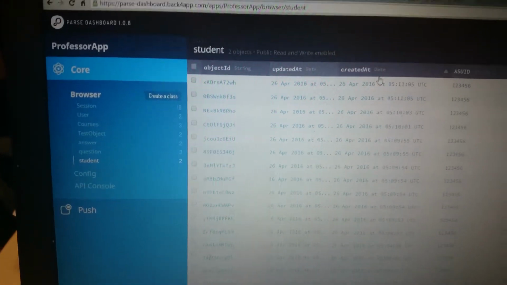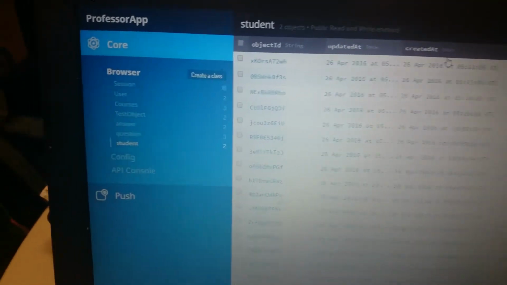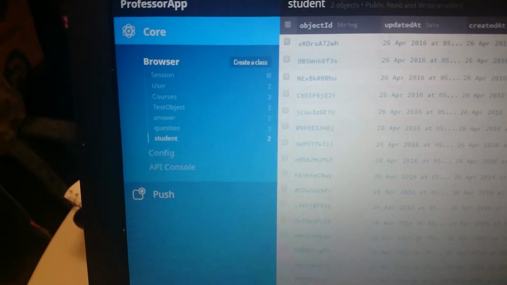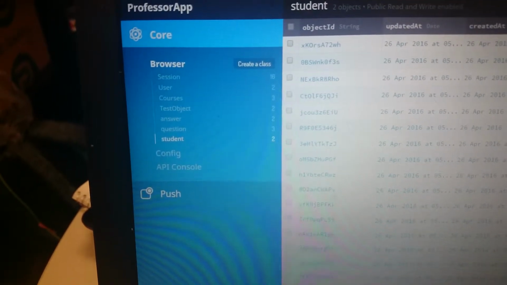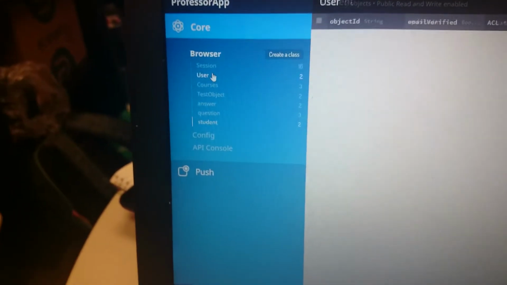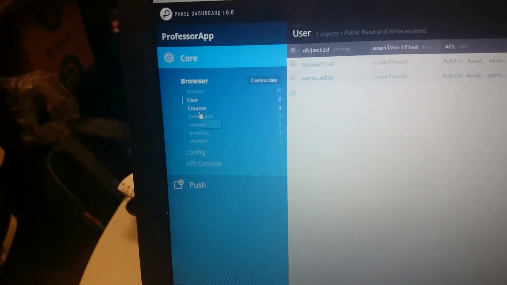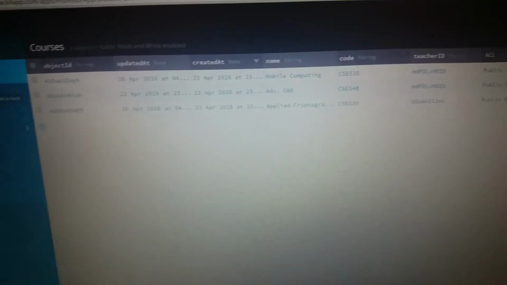This is the Parse database and the online dashboard that we can see. On the left hand side, we can see the various tables that we have. We have session, user. User is the table that will be registering the list of professors that are using this database. Courses will have the list of courses and the codes and the names of the courses.